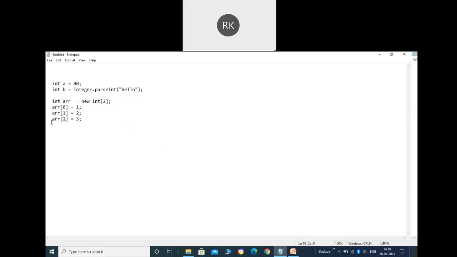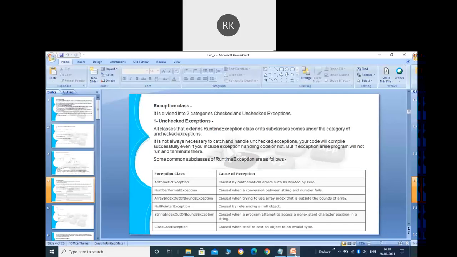So you can see arr[2] will not be there, because it can only hold two elements. So in that case, our runtime system will create the object of which class? ArrayIndexOutOfBoundsException and will throw it. So this is the ArrayIndexOutOfBounds error or exception we can say here.